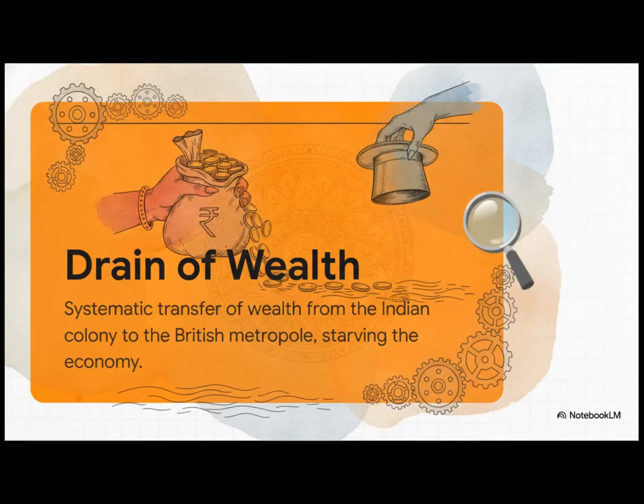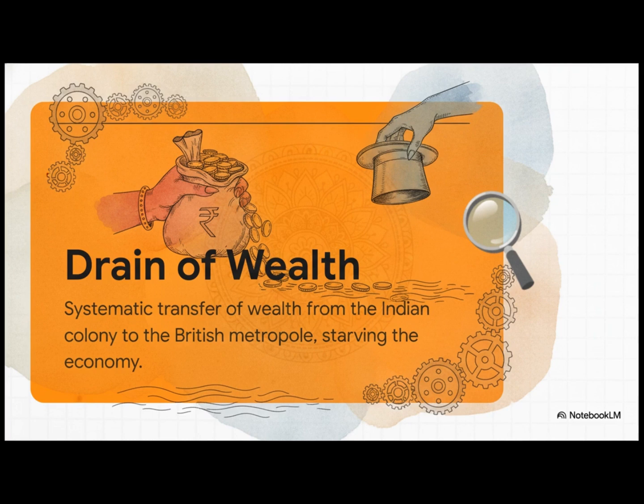So it's absolutely crucial to understand that the colonial economy wasn't just some accidental byproduct of foreign rule. It was a machine, a very deliberate machine. And that brings us to a foundational economic concept developed by early Indian intellectuals: the drain of wealth. Now, this wasn't your run-of-the-mill trade deficit. We are talking about the systematic circulation and transfer of wealth straight from the Indian colony over to the British metropole. It essentially decoupled the Indian economy from its own people's socioeconomic needs, literally starving the domestic market just to